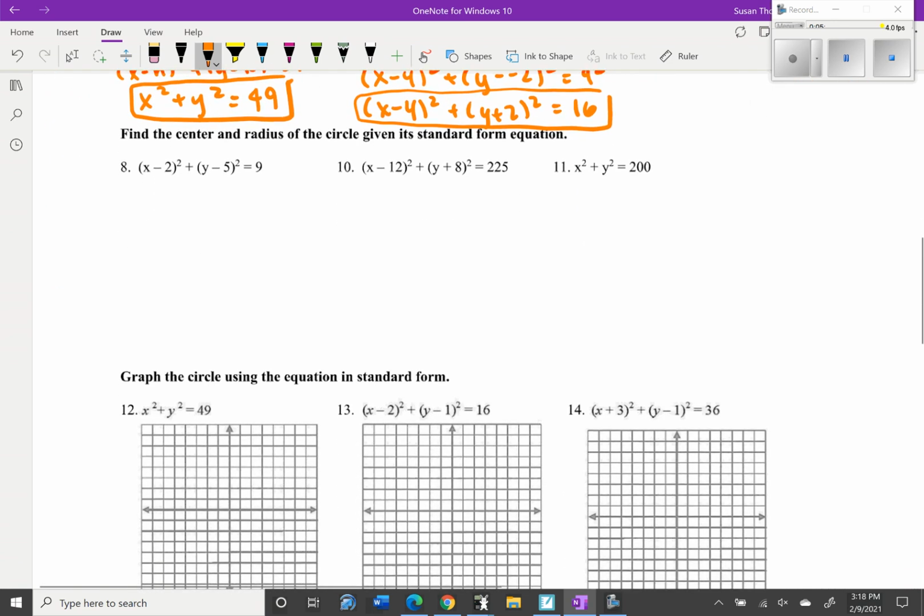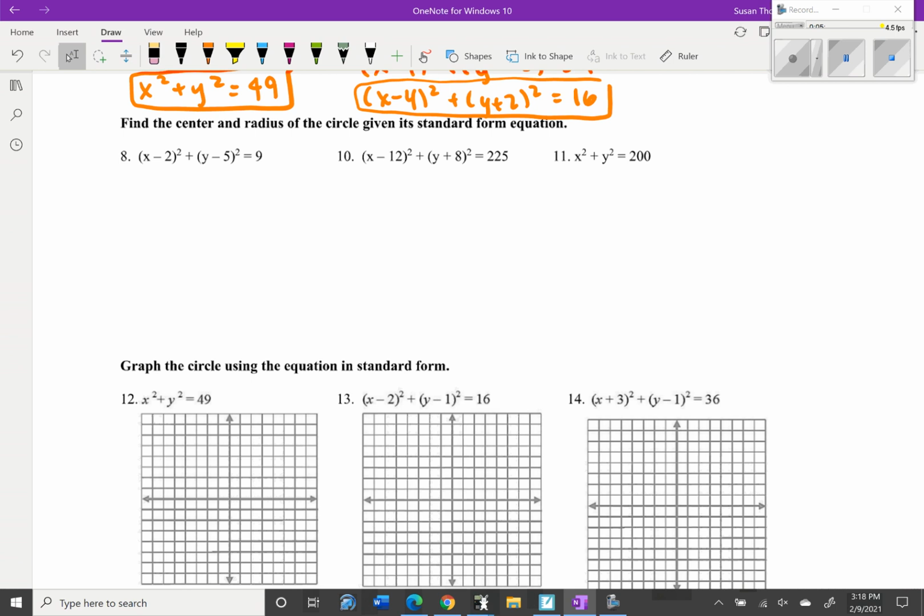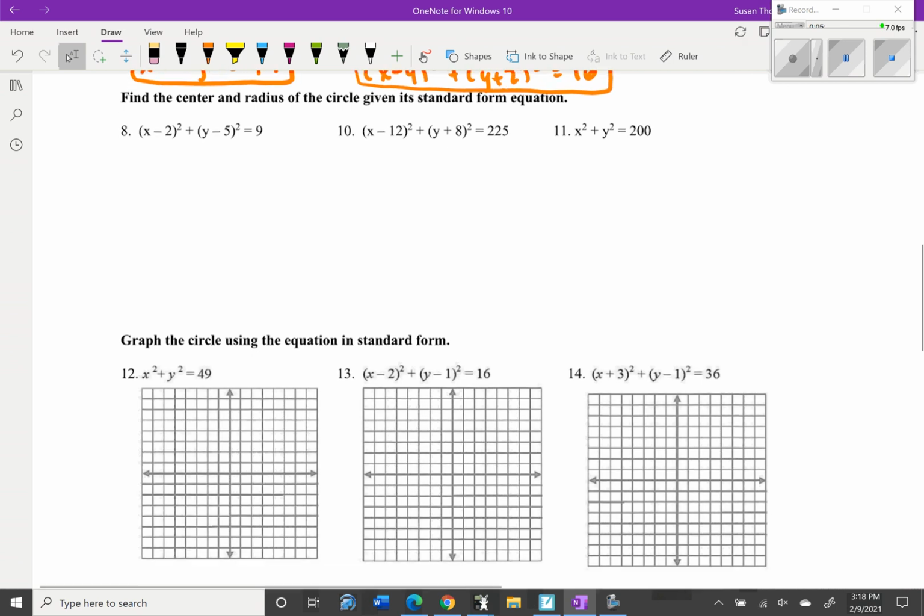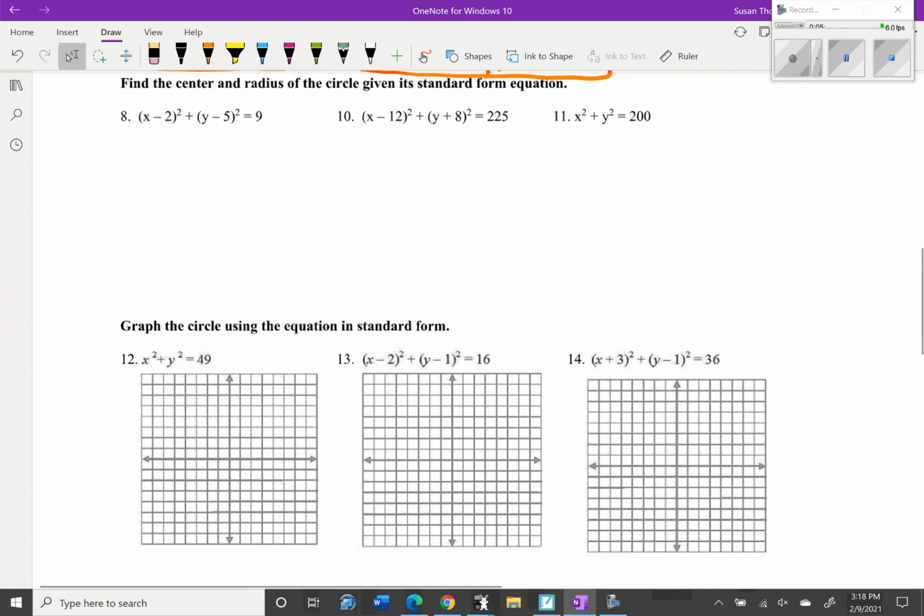All right, so questions 8, 10, and 11 say find the center and radius of the circle given its standard form equation. So for this, you're just finding the center. If we know the equation, this gives us our h and our k. So that means the center would be (2, 5), because remember it's always minus in the formula. And the radius,